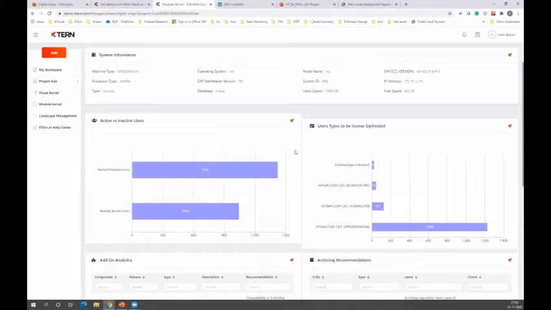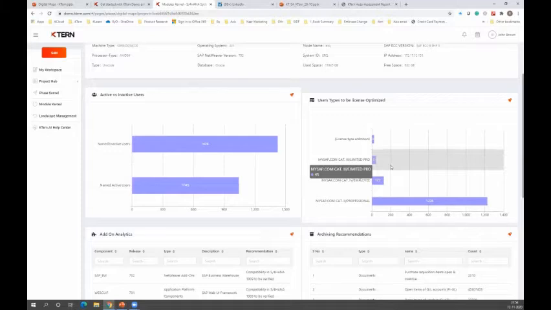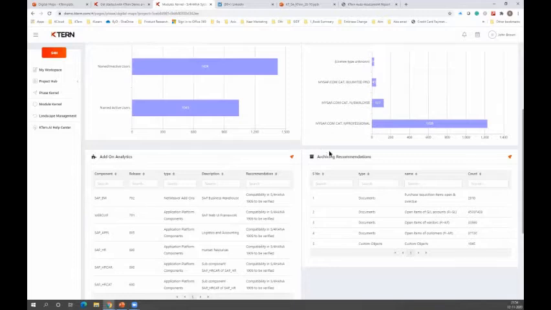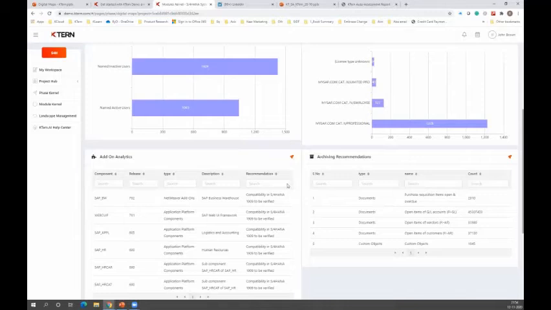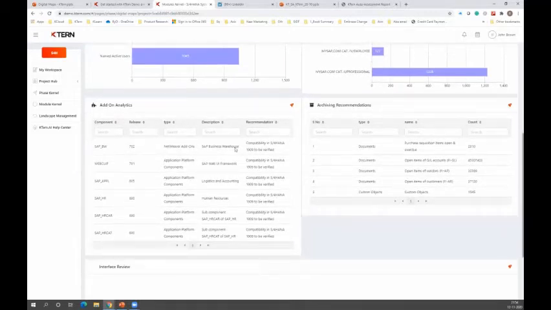It also analyzes the list of active users, because most of the time you want to do some optimization in terms of the licenses, so that is also provided. Now this is a dashboard. You can click on this one and find out more information about what is there. It also provides a list of add-on analytics, which should be taken care of when you move to 1909 or 2020, which is the current version. So we have the universe of 2020 as well, where you could look at the list of add-on analytics, what is compatible and not compatible, and how do we go about fixing that.